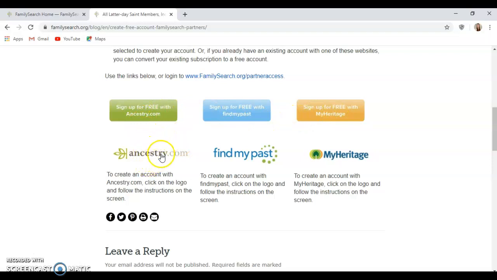Although I only use Ancestry, you might find that FindMyPast and MyHeritage are more helpful for your specific family lines. I know that FindMyPast and MyHeritage often specialize in Scottish, Welsh, and English lines, whereas Ancestry has a lot of global heritage lines available. So here you'll click sign up for free,